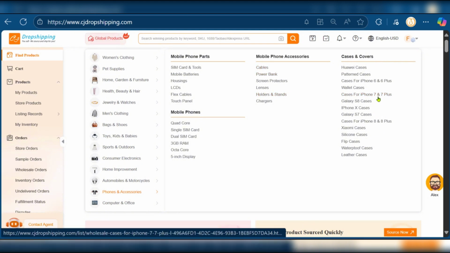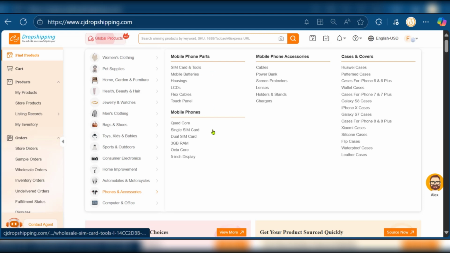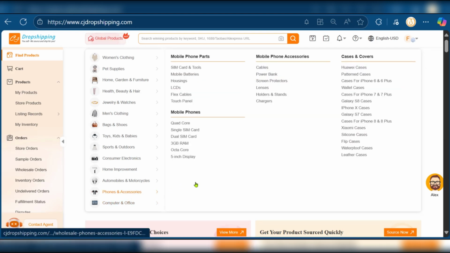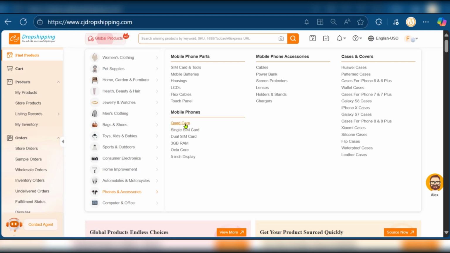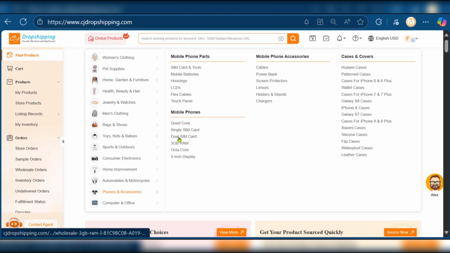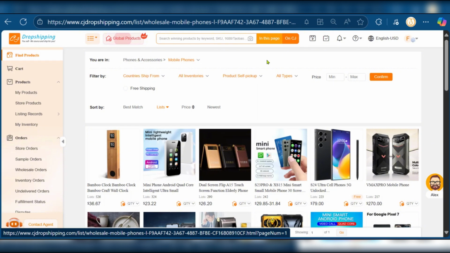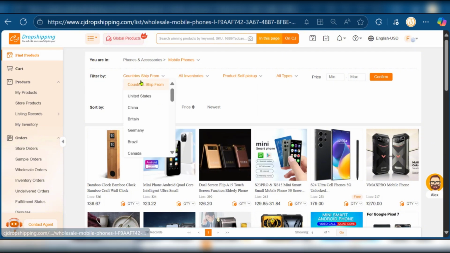Now, because our store is gadget oriented, we're interested in phone accessories or computer and office. So we're going to stick to phone accessories, and we're looking for mobile phones, right? So let's click on mobile phones. And here at the top, it says you're in phone accessories, mobile phones, and you can see some filtering options,